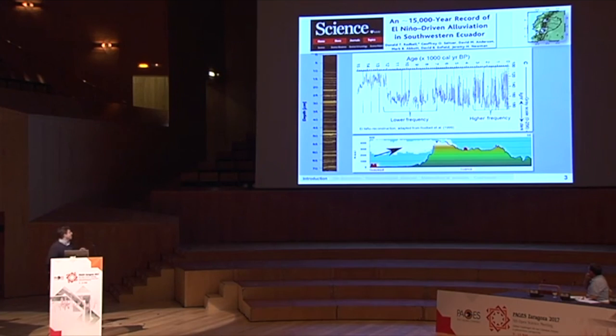So they are representing flood events. Moreover, they established a chronology, and they could connect the whole thing with El Nino alluviation. So they found that during early and mid-Holocene, there was a lower frequency of El Nino, and towards present, rather higher frequency. Their hypothesis is that during El Nino,